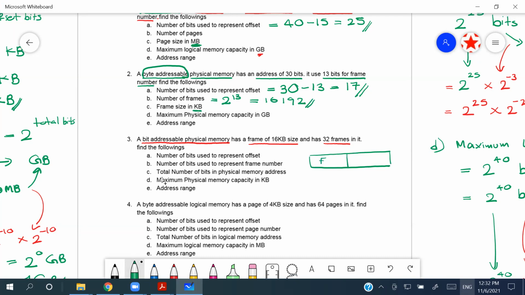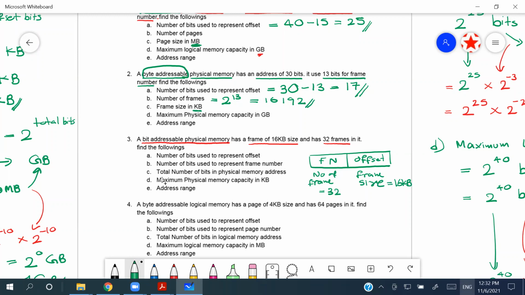And we don't know how many bits are there in the frame number, and we don't know how many bits are there in the offset. But what we know is the frame size is 16 kilobyte and the number of frames is 32. So number of frames equals 32, frame size equals 16 kilobyte, right? I have written those things under the frame number and offset because number of frames is found using